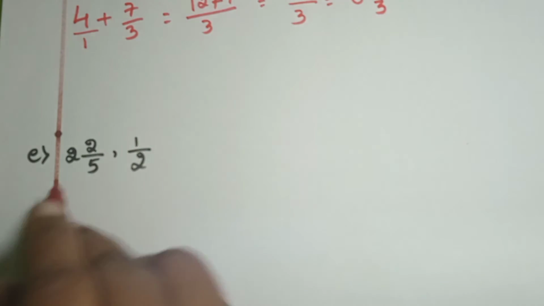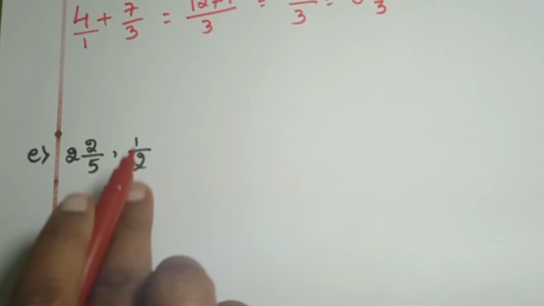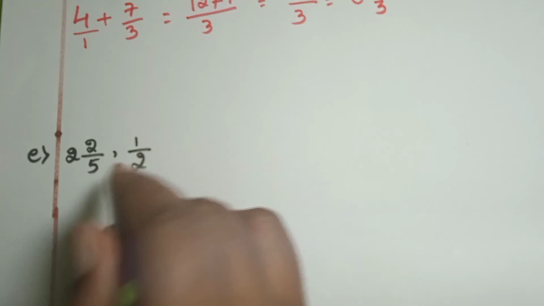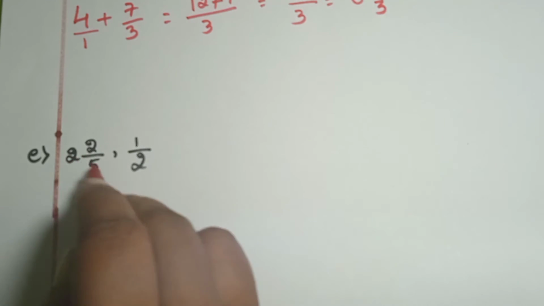Okay, here first one they have given mixed number, second one they have given already fraction. Okay, that is which type of fraction, children? This is a proper fraction they have given already. Okay, yes, convert this problem, children.